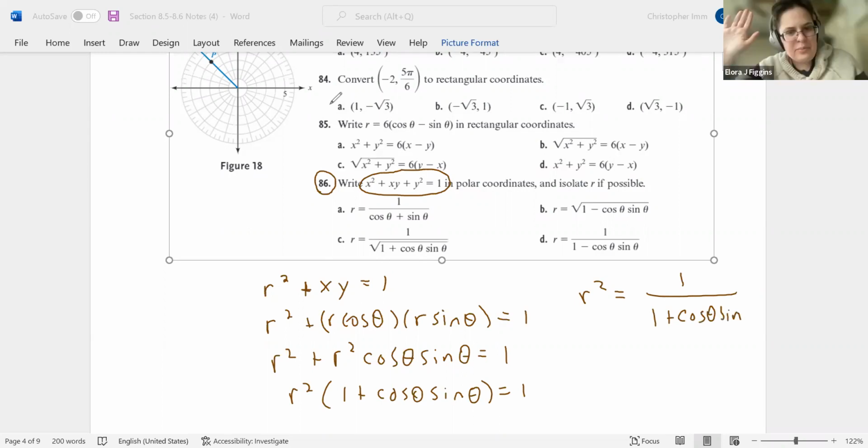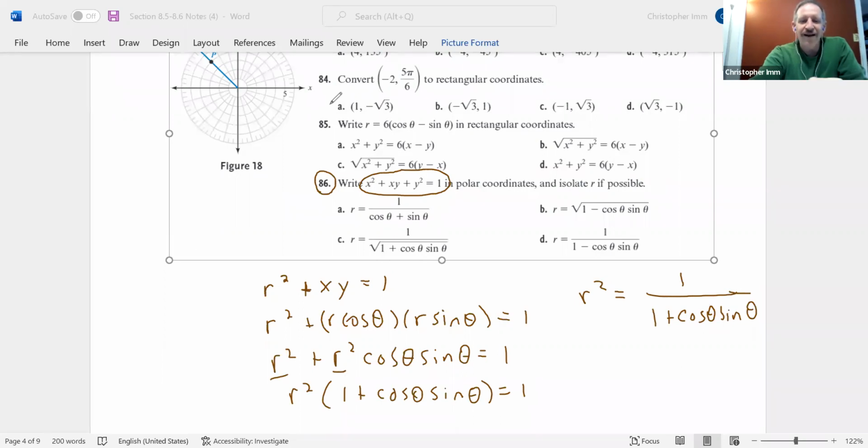Where did the r squared plus go? I factored it out. Oh, okay. I see now. I'm sorry. Okay. No worries. I did that pretty quickly, didn't I? Yeah. So I needed to get that r squared by itself. Thank you for stopping me there. I needed to pull that out so I could solve for r. So I pulled that out of both terms. I'm just left with the 1 there and then the cosine sine there. Apologize. And then I can divide through by that whole